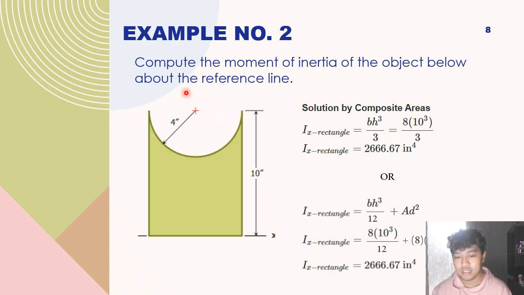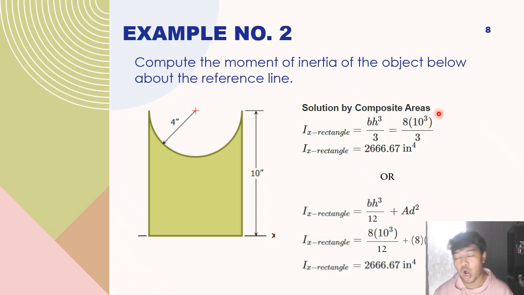rectangle. So in this type of drawing, or in this type of cross-sectional area, what we have to do is to compute for the moment of inertia of the rectangle and then subtract the moment of inertia of the semicircle. So the first step that we have to do again is to compute for the moment of inertia of our first area, which is in this case our rectangle. So in our rectangle here, if we compute for Ix, which is again the moment of inertia that is needed,